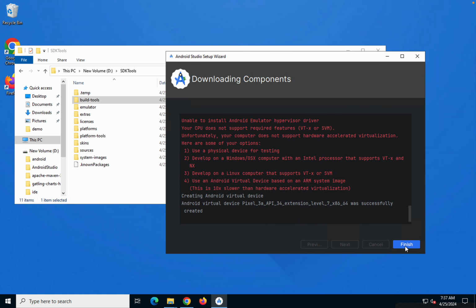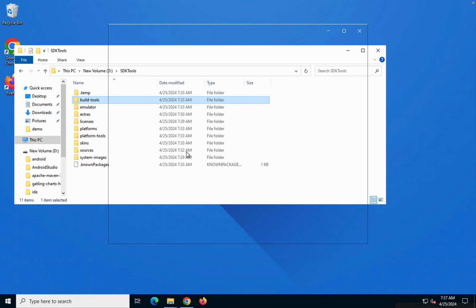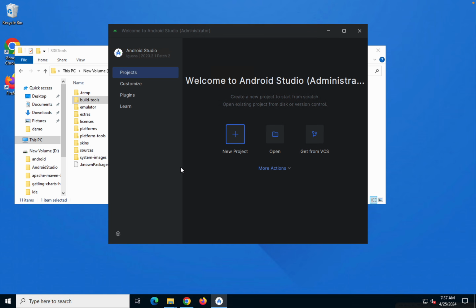I will click on finish. Okay, and we have got this. Now see, one difference here was that on Mac I got this screen directly, and from here I could go to SDK Manager or Virtual Device Manager, but here it first did the installation and then we got here. Now if I go to SDK Manager,